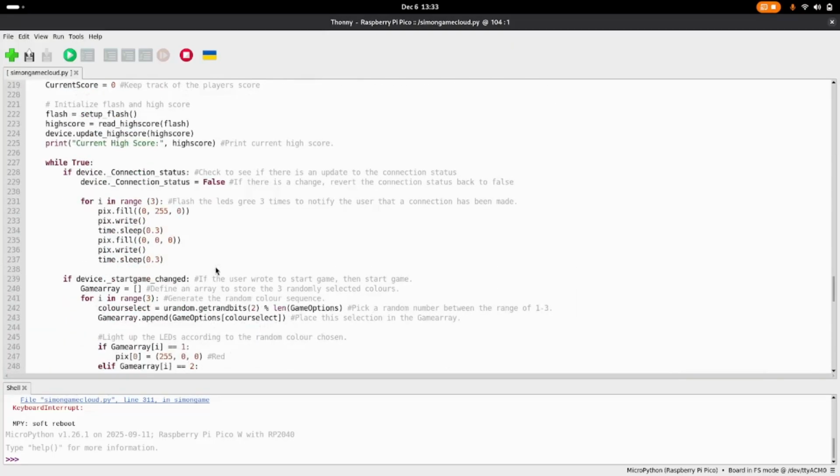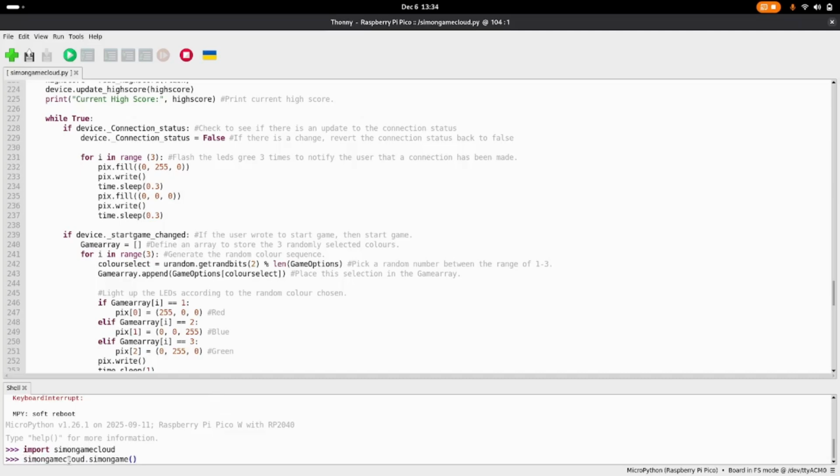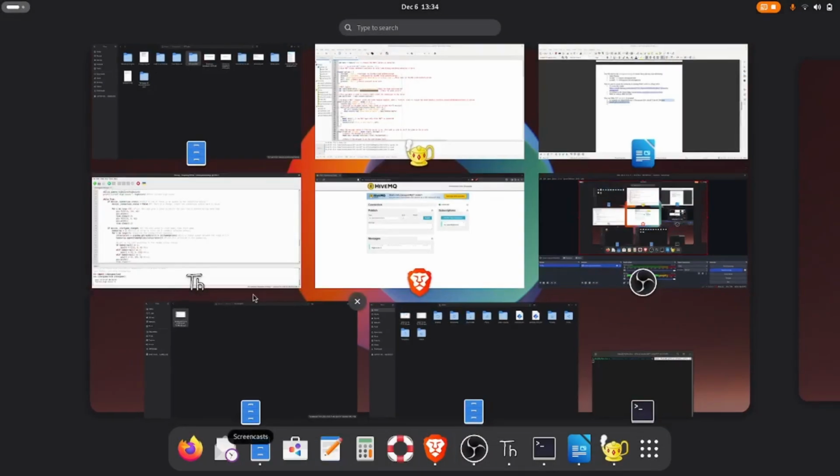And in the main loop of the code here, we are just checking to see if the connection status has changed. This is something that I added in as well. We're just going to have a little notification to the user with 3 green LEDs. And then we're going to have the start game changed here to actually start the game. So if we start the code here and start running, the game won't start until it gets a start game